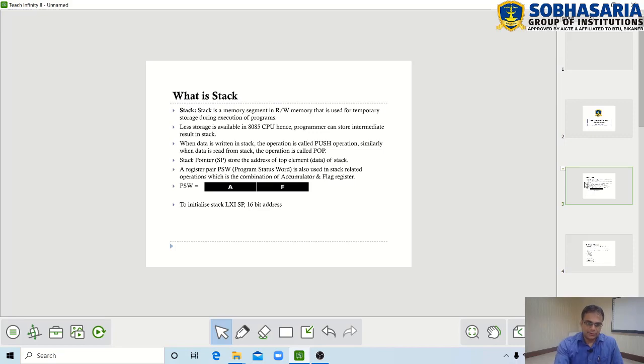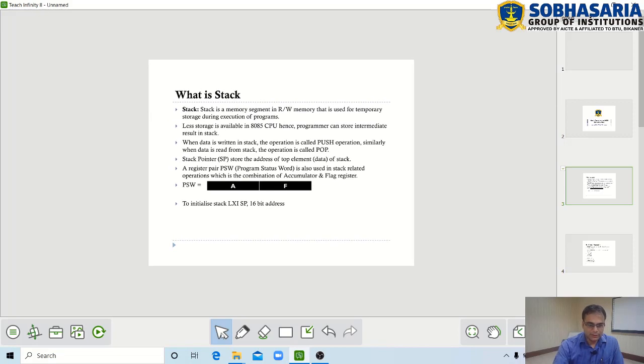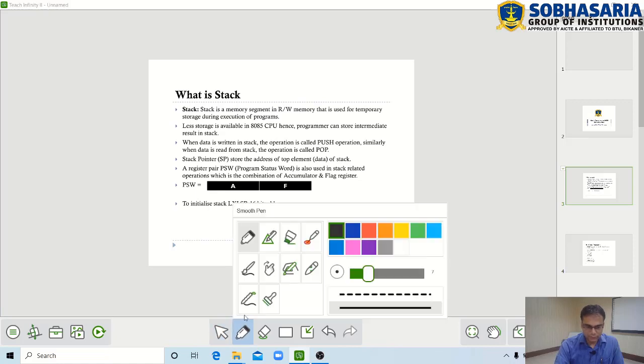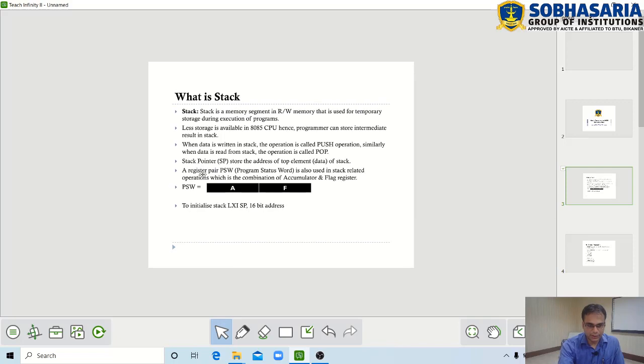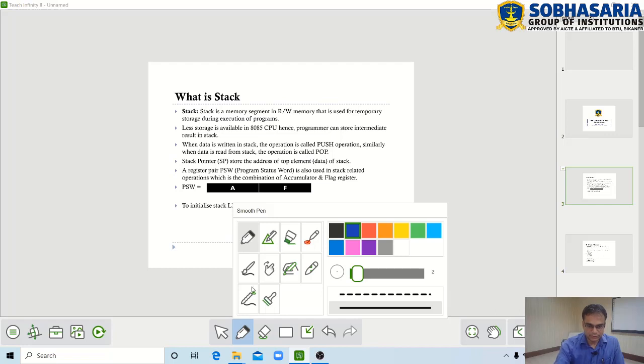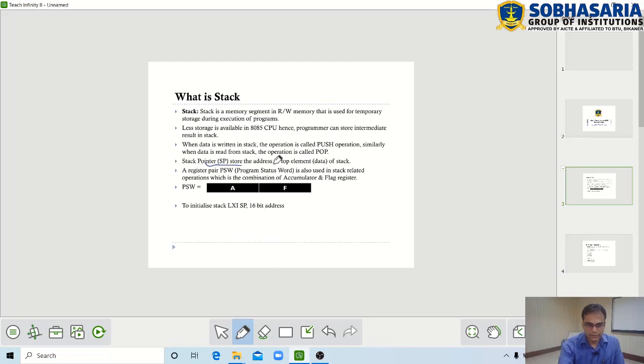One special register is called stack pointer, which is a 16-bit register which helps to store the address of the top element of the stack, as you can see here.